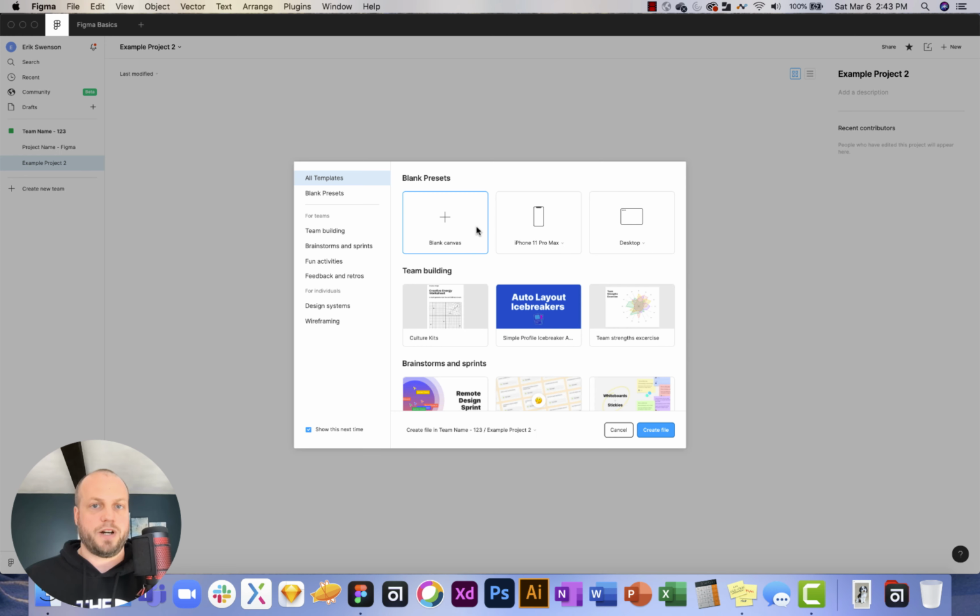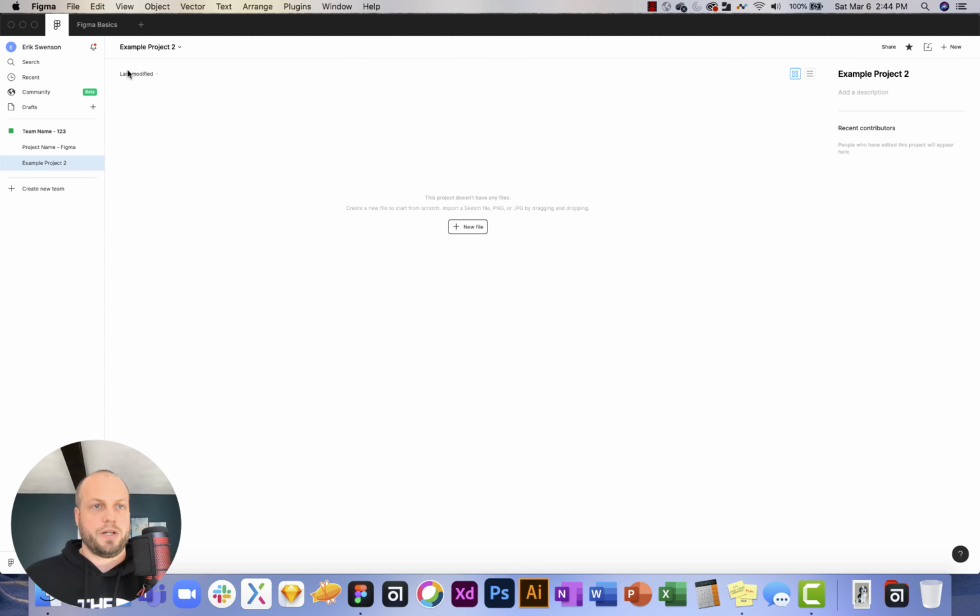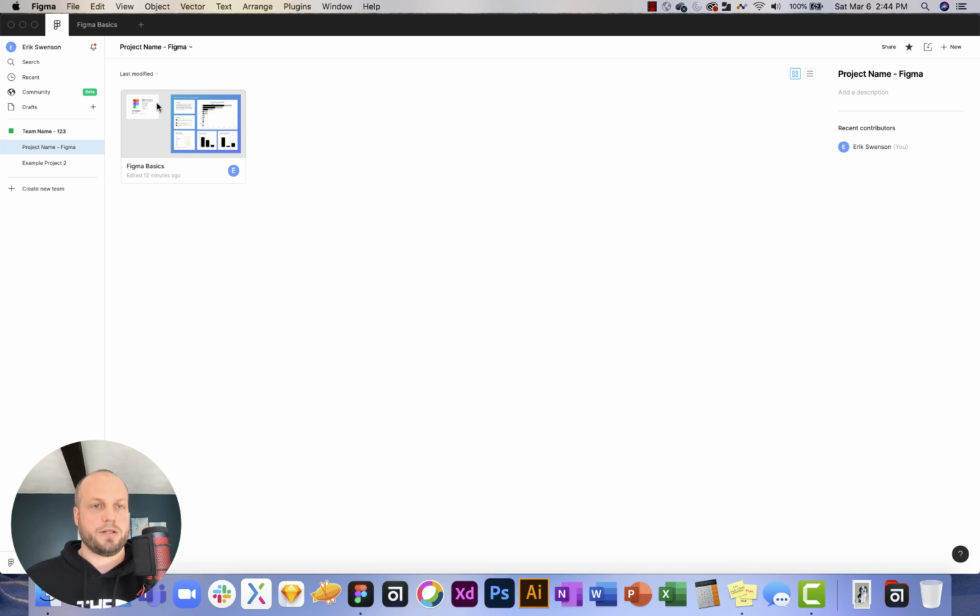If I click new file, it has some basic ones, so certain device types or certain desktop examples. And they all have other collaborative tools that you can use, similar to Miro, but this is a lot more robust. So I'm going to hit cancel here, go back to my other project,